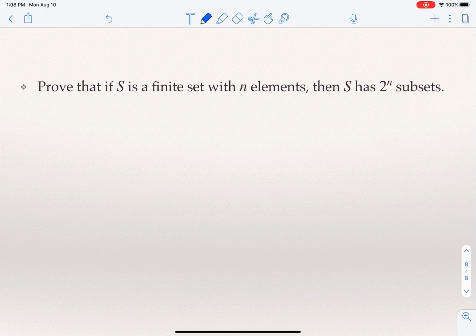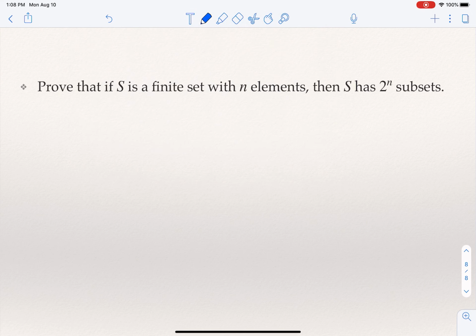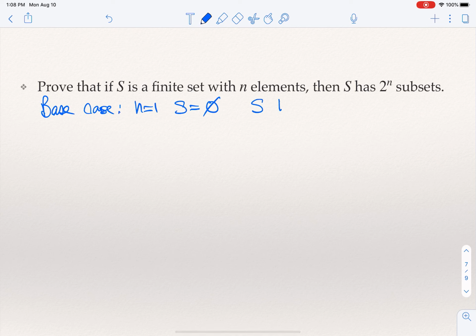want to show that if S is a finite set with n elements, then S has 2 to the n subsets. Okay, so here n could be 0, for example. It's not just about the positive numbers, but n could be 0. So if I look at the base case, when n is 0, then S is the empty set. And if S is the empty set, then S has,